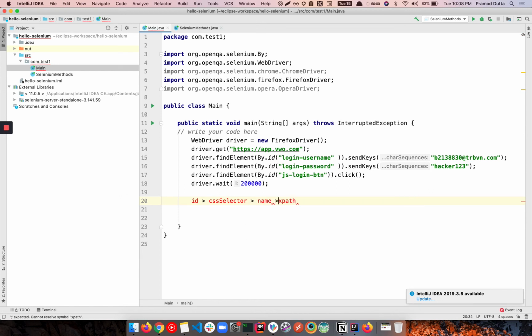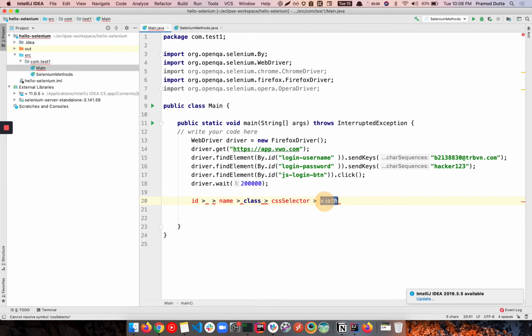It will be name, and if you're able to find any kind of a class, then it will be something like this. So if you are able to find ID, if you are able to find unique ID, then it's a great thing. If you are able to find name, again, it's a great thing. If you're able to find class name, it's a great thing. And if you're able to find with CSS selector, basically meaning combination of any CSS ID, something like that, then it's fine.